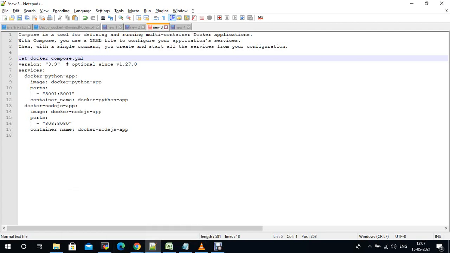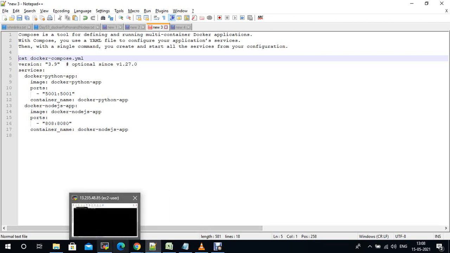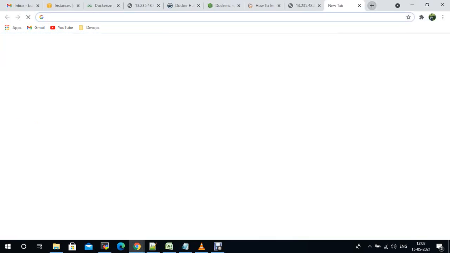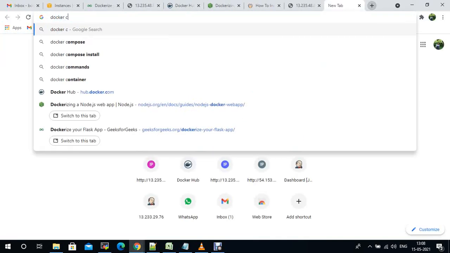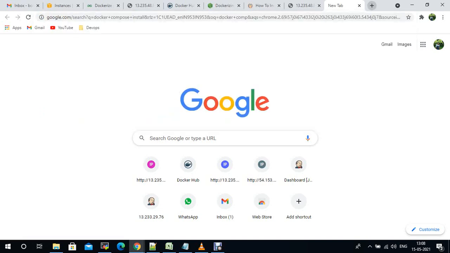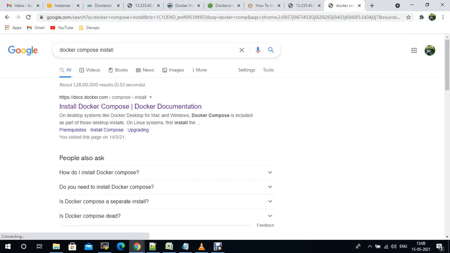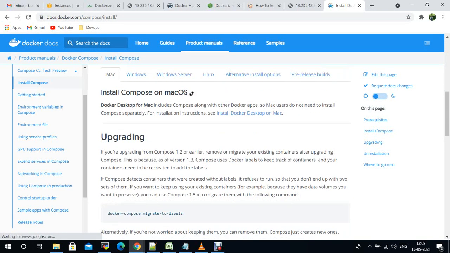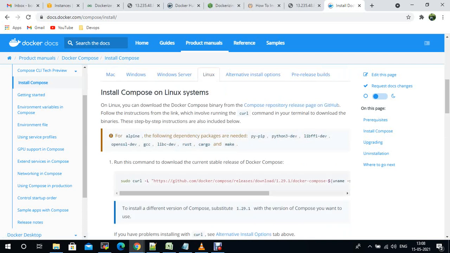You just need to write a Docker Compose YAML file. Before that you need to install Docker Compose. Let me install it. Mine is Linux, so I'm running these commands.